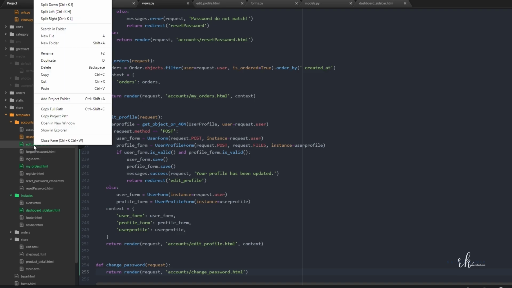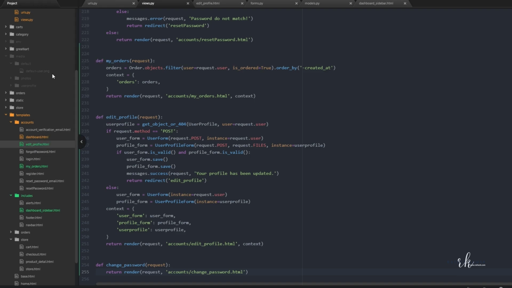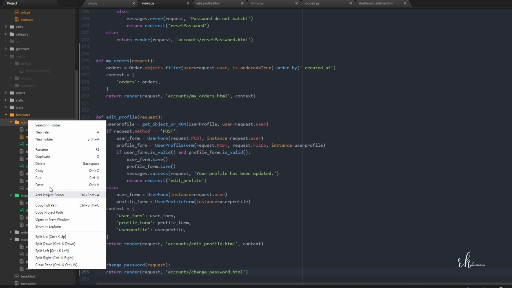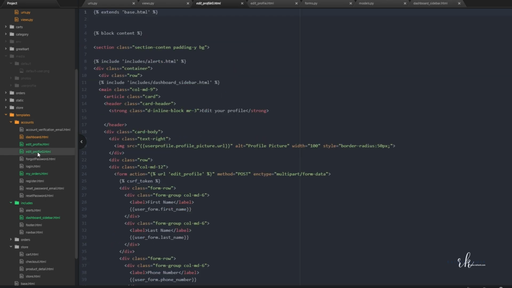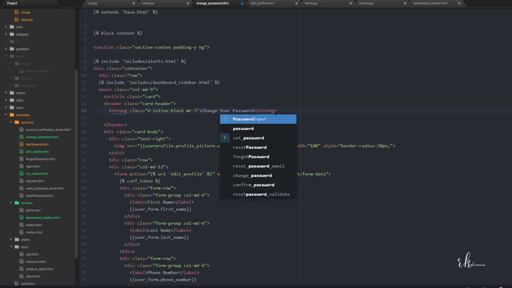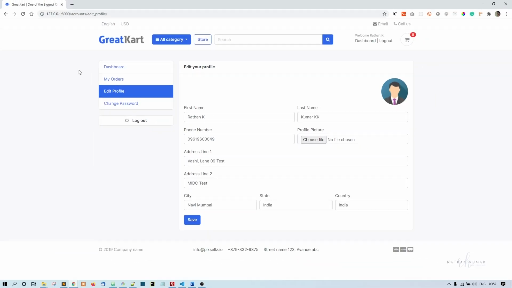So I'll copy this edit profile and paste it here. Okay, so this edit profile I'll just rename it to change password.html. So we have this change password.html file. Okay, now I'll say change your password. Okay, so